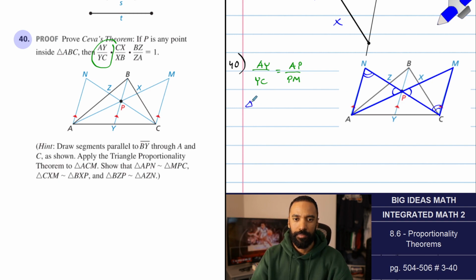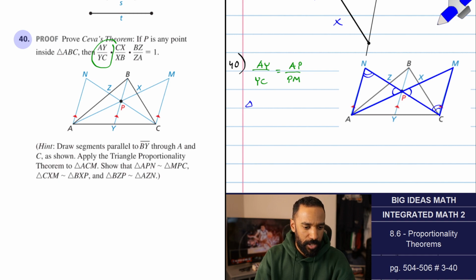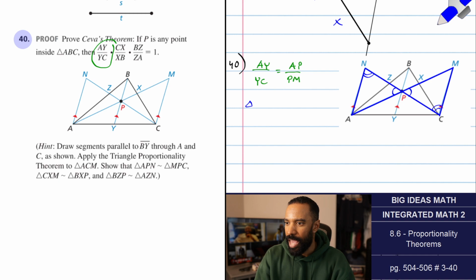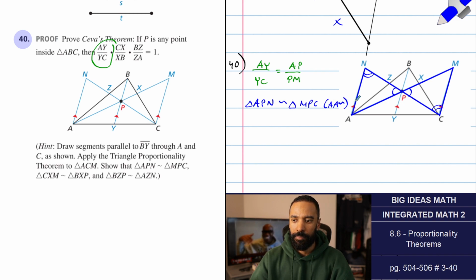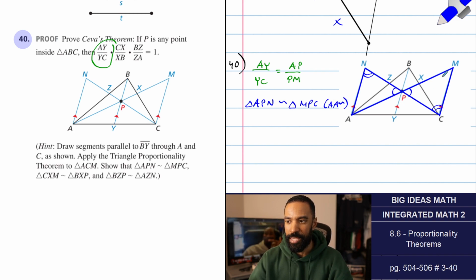So triangle, let's see, which ones do they call them? I lost my page suddenly. Hold on. Triangle APN. I mean, I can write it however I want. I just wanted to use the same thing they have. Triangle APN is similar to triangle MPC by angle. Therefore, and here's the thing, this has AP and PM on it. AP over PM equals